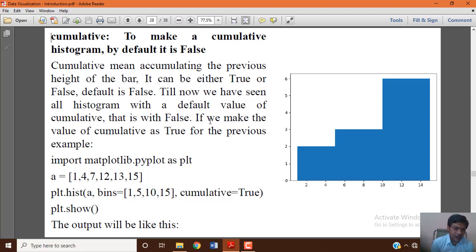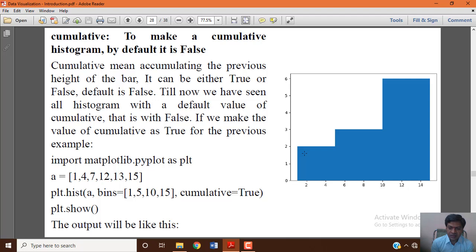If we make the value of cumulative true for the previous example, the same example as usual, we took the module and then the data set and bins, manually specifying bins, and cumulative is true. Then once you print the histogram, 1 to 5 has one height.